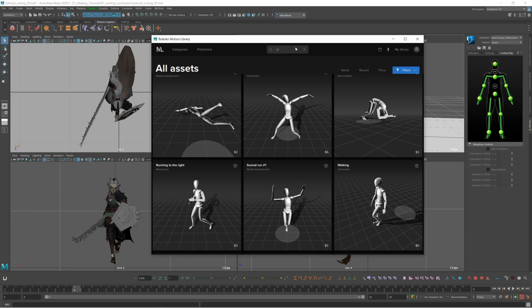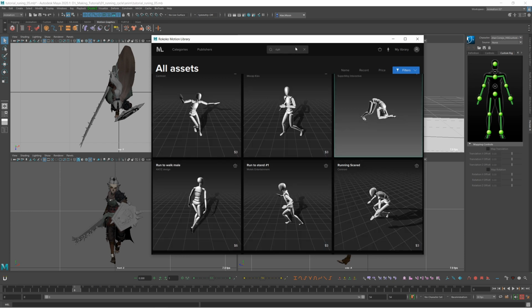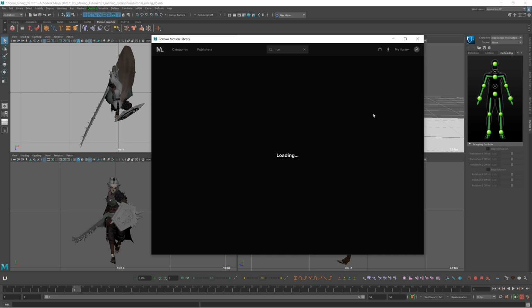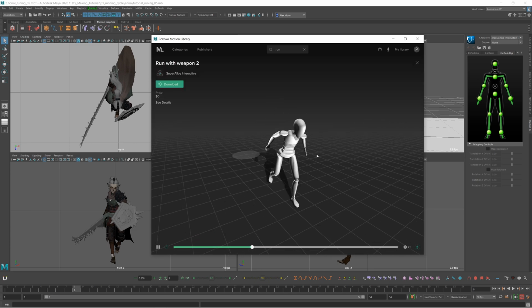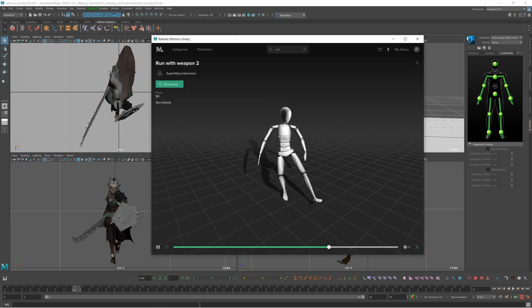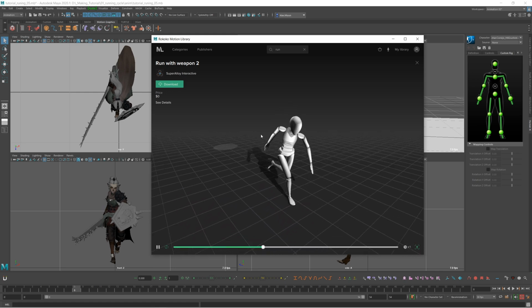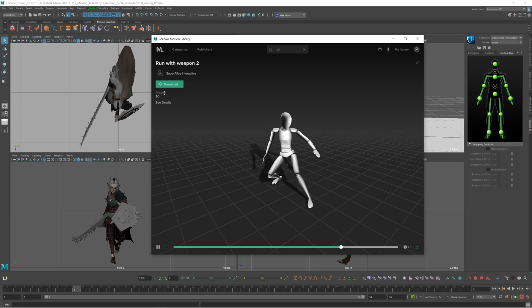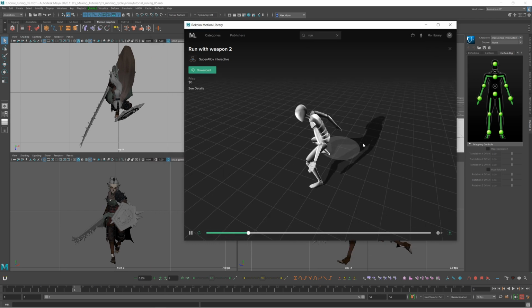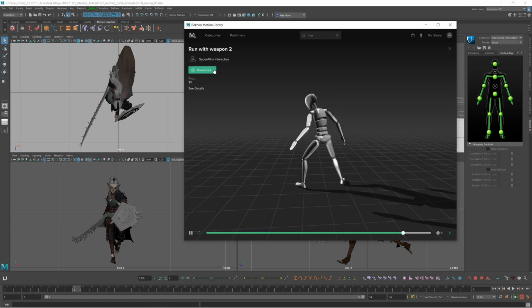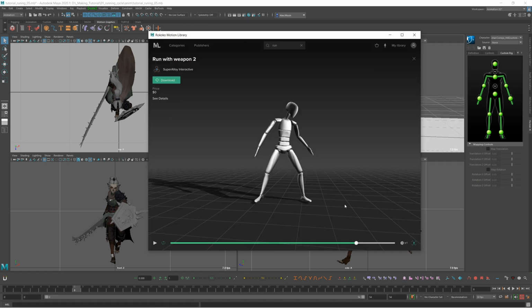I use one. You can just search with run, and I use this one, run with weapon 2. As you can see, this character looks like holding one sword in the right hand, which perfectly suits my character. So I use this one, and this one is free mocap data, so you can just download it. But if you don't have